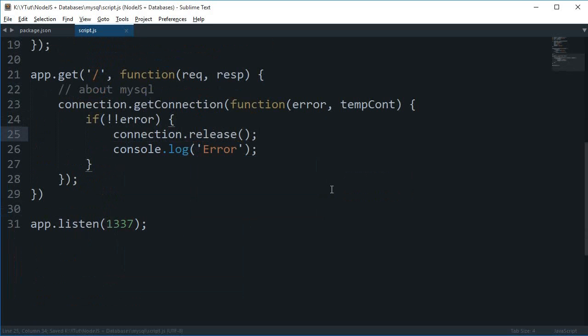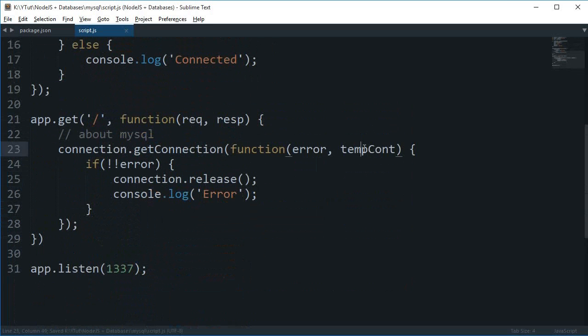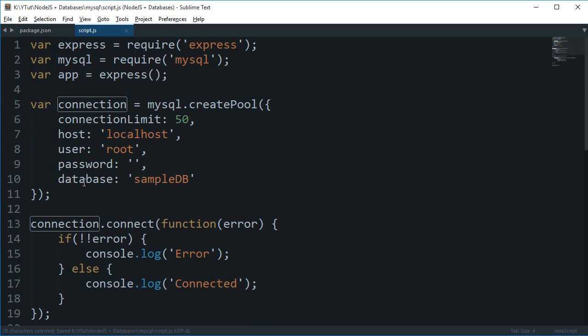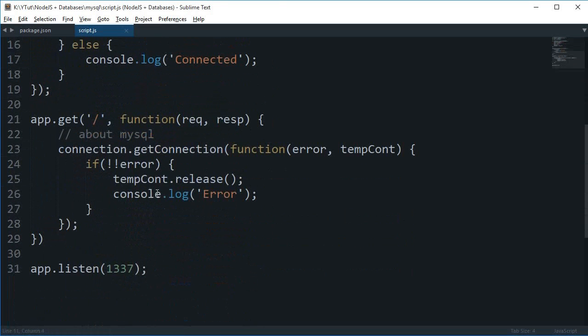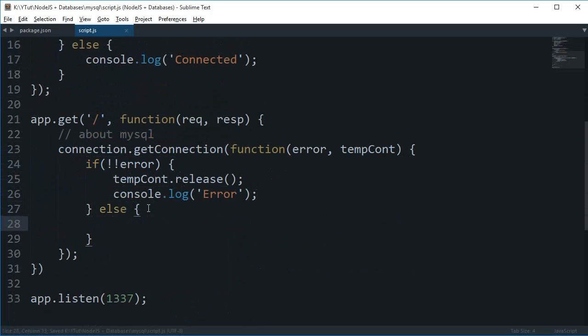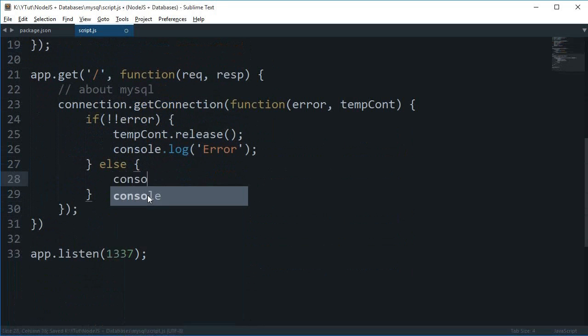But since we are working on the pooled version, we are making use of the temp connect. So I'm gonna make use of this temp connect instead of this connection, because it contains all of the connections for now. So I want the only connection to release, which is either throwing error or is completed at the server. So again, else what I want to do is console log connected,